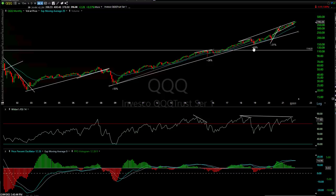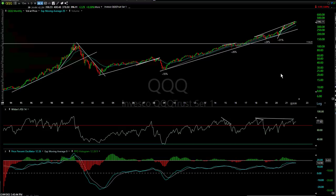24% drop. And again, these are rough, measured high to low, rounded off. 31%, and here's where we're at. So what are we looking at? Okay, well,